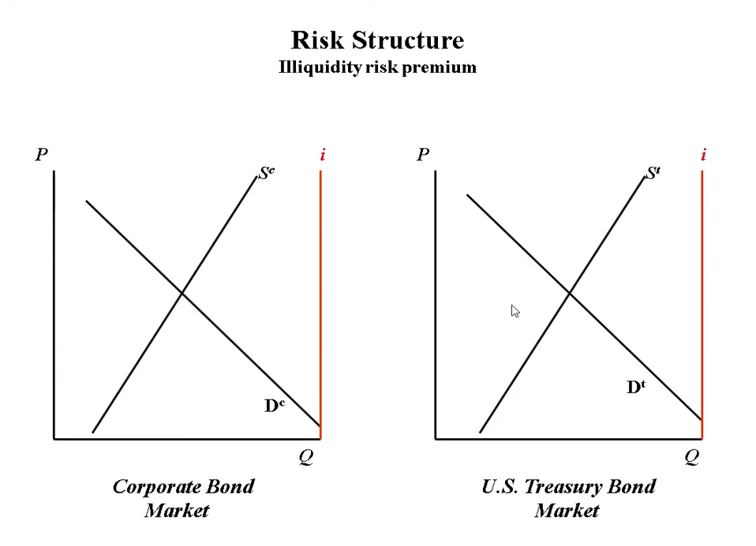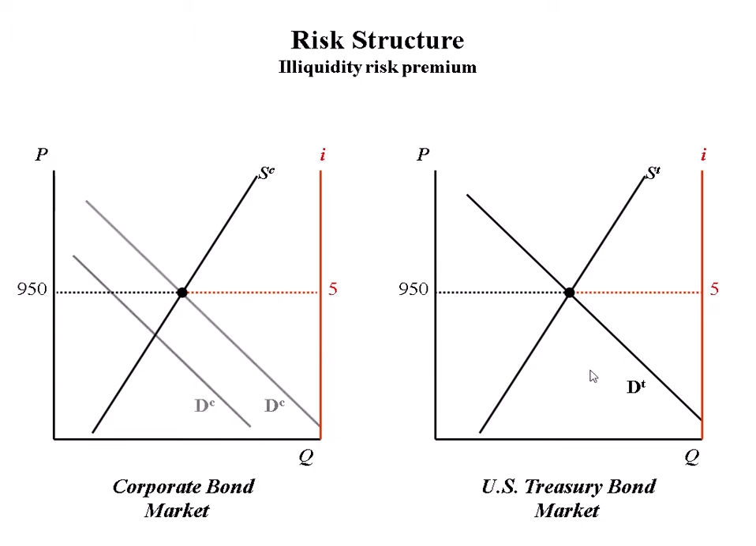Let's go to our model here again. If default risk premium is identical between corporate and treasury, and corporates are just as liquid as treasury, and everything else we can think of is identical, they'll have the same price and the same yield. Okay? But